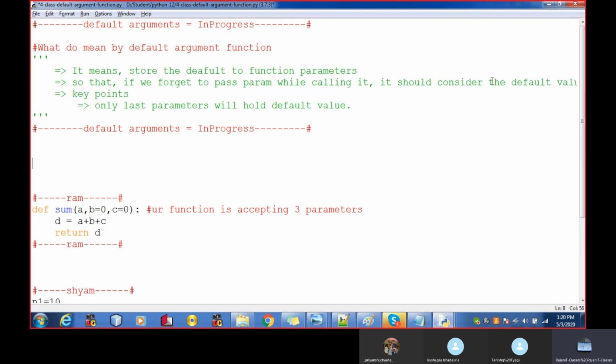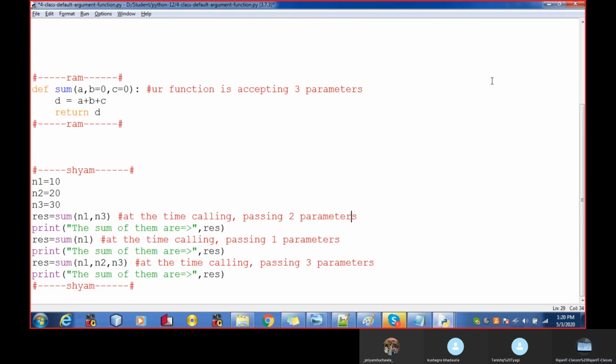What does it mean? It means about this A, B and C. In the list of these three parameters, the C is the last. Okay. Now if I consider this B and C, now B and C are the last, right?